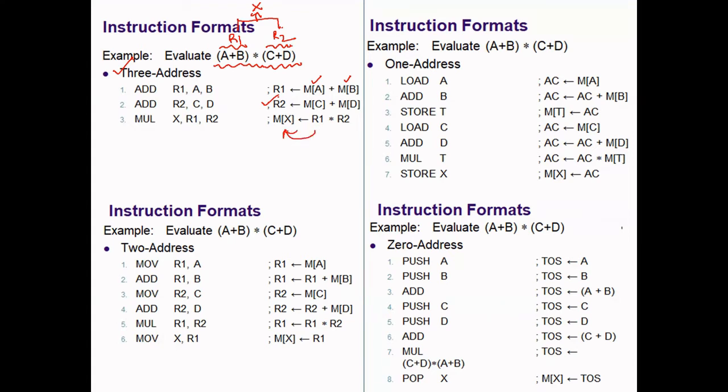The same program, if you take two address instructions, the CPU, how we have to write a program? Move R1 comma A. That means A location data first is taken into R1, and B location data is added with R1. That means A plus B we are doing. That means A plus B is memory of B location. Both will be added and the result is stored back to R1 only. Here the result of A plus B is available in R1 up to this.